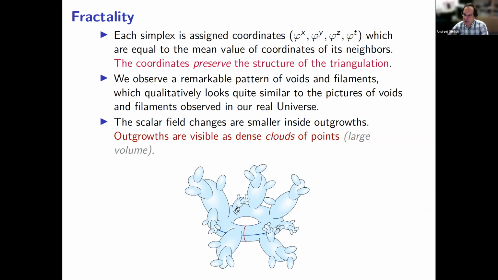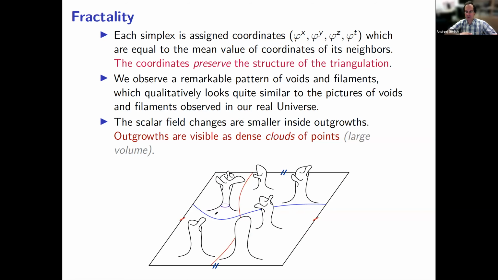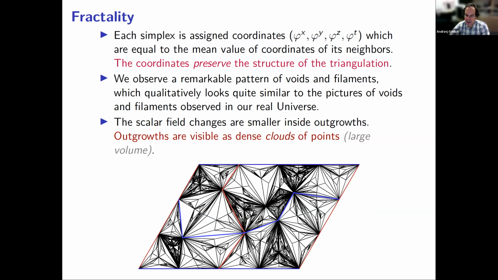Now let me look at this two-dimensional visualization of some geometry with some outgrowths. Now you can cut this triangulation, this geometry, along these two boundaries in this case. So you will get basically a square with some outgrowths, and now you can flatten this geometry. From a triangulation point of view, you will have a lot of small triangles, and now